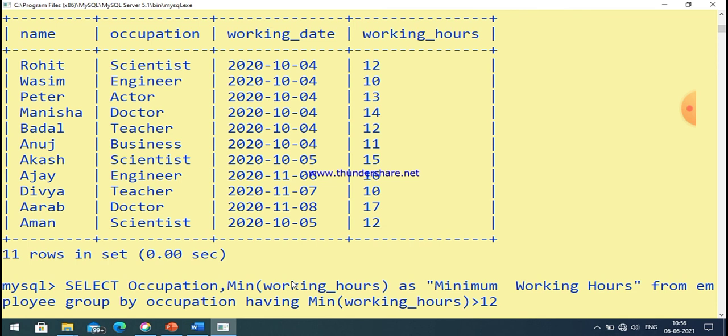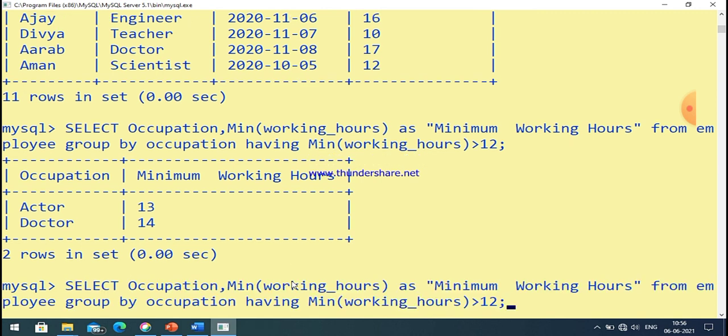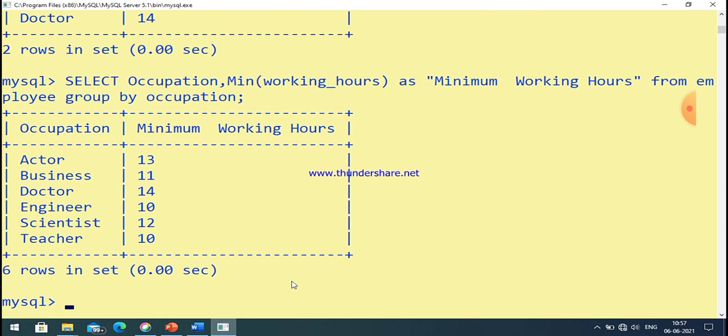Let us see the result. Press enter. You can easily see here that only two categories, actor and doctor, are there, because in this case minimum working hours are greater than 12.